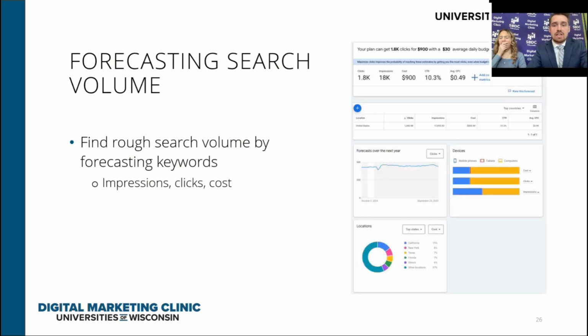Keyword Planner also lets you forecast keywords. This will provide a rough search volume as typically it just represents it as a range. Forecasting keywords will report many metrics such as the number of clicks, number of impressions, and the cost per click of the forecasted keywords. To forecast a keyword, all you need to do is select the desired keywords and add them to your plan and then set a daily budget. To see the maximum volume that you could get from these keywords, you want to put in a $30 daily budget as it's the maximum that you can enter. So it'll just give you the full potential that you could be working with if you use those keywords.